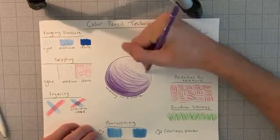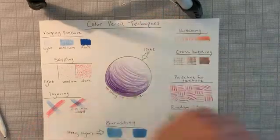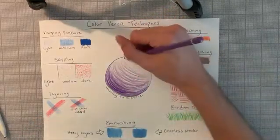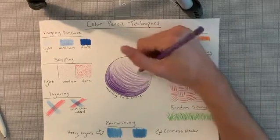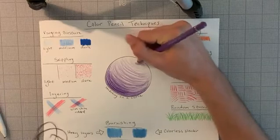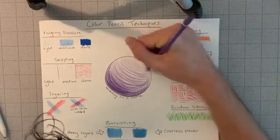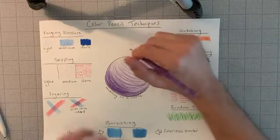I'm going at a curve, so it gives the appearance that the ball is rounded. And if you even want to go right here and do a little circle, that'll help. Okay,